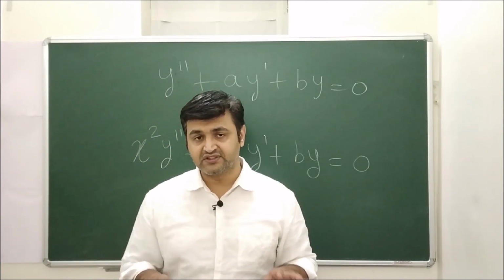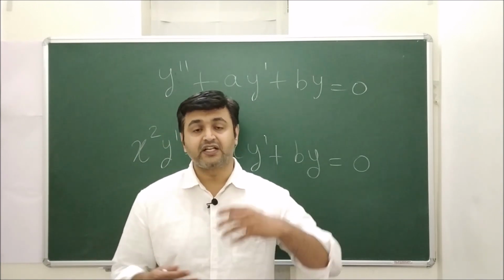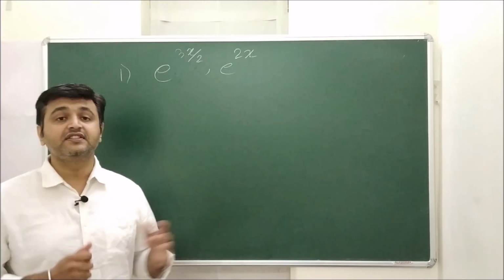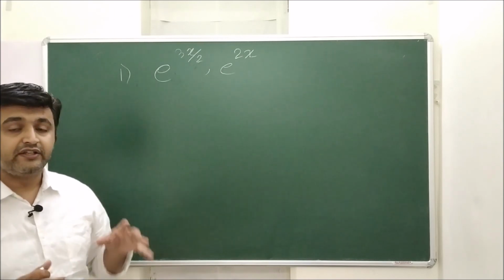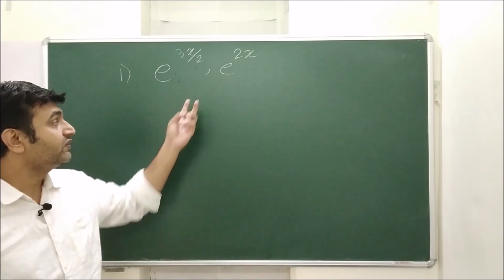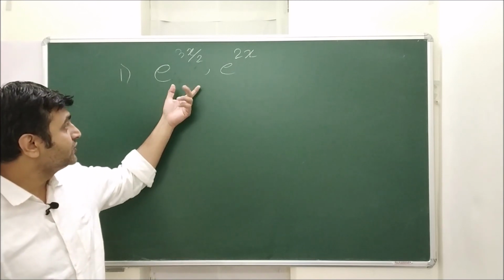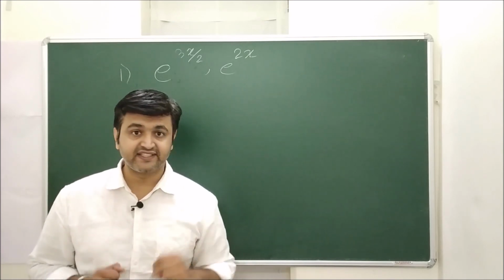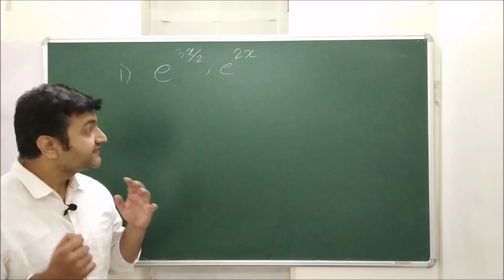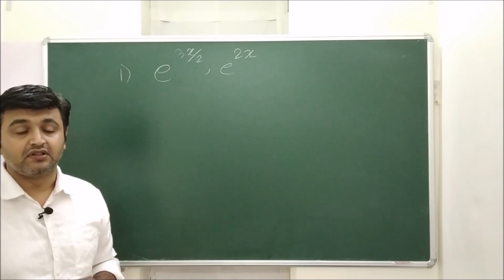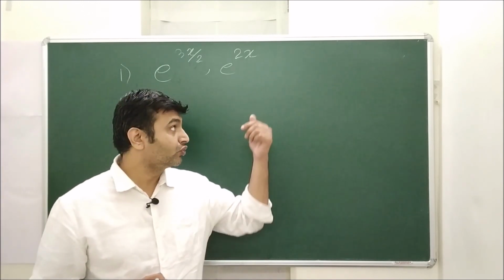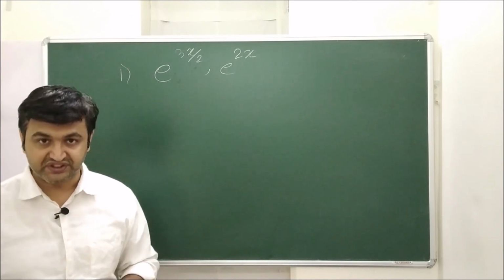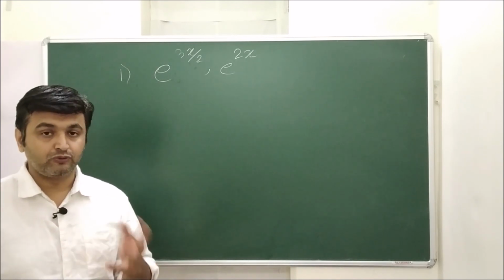If some set of functions are given to you and the question is to determine the differential equation, then how should you approach it? So here is the first example. You have to find the differential equation for which these two will be the solutions. Now as you can see, you have these two linearly independent solutions, therefore the differential equation has to be of second order. Second thing, you have exponentials in the picture. When does the exponential come? If you recall, for constant coefficients or Euler Cauchy, exponential comes in constant coefficients. So that's the second thing one has to observe.